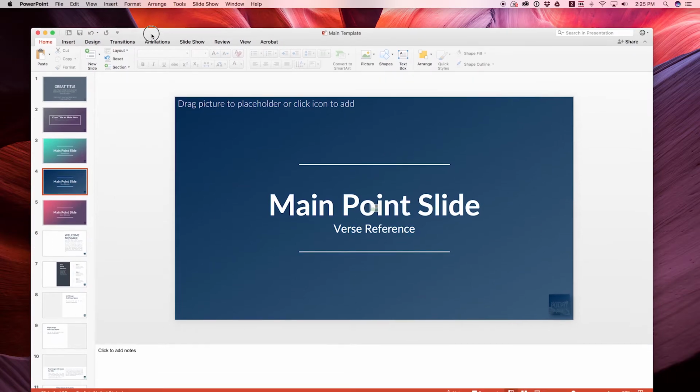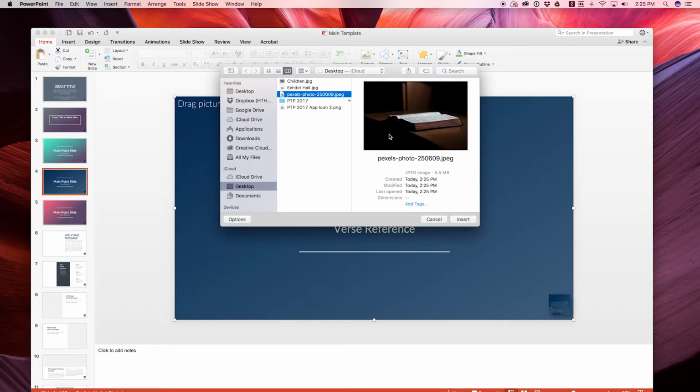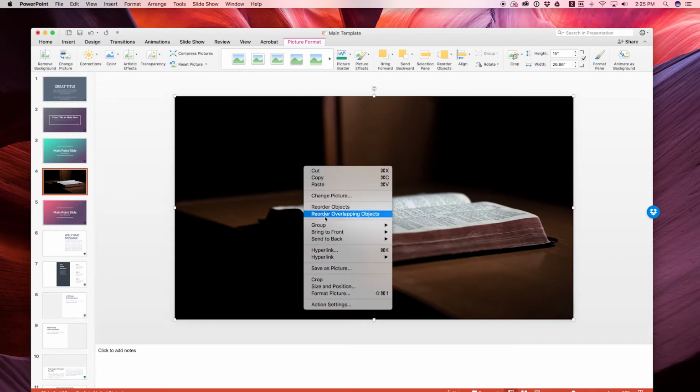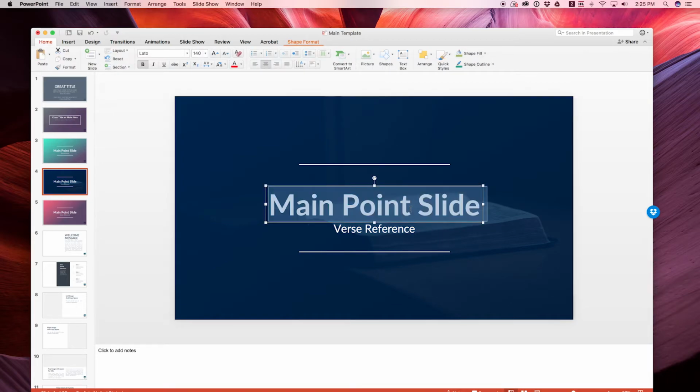We'll go back to our PowerPoint file and we will click the picture icon and we will select the picture that we just downloaded. We will insert that into our presentation. Once we've added the image, we will right click and we will select send to back, and that will send it to the back, and it's nicely shaded there in the back so that it's subtle but the audience can still see it. We can then add our class title,